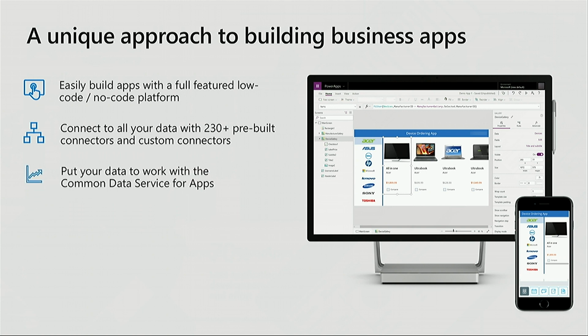Another core element is that we have the Common Data Service for apps. This underpins the entire platform. This is where Dynamics 365 natively stores all of its data. It's also where you can store your business data that you want to create or use as part of your custom business applications, or even an application that integrates natively with all your other Office applications as well. And the Common Data Service for apps is way more than just a database. It has a whole bunch of rich logic and capabilities inside of it. Things like plugins, which allow you to register code in response to events, as well as business rules, which is an easy visual way to create basic validation and defaulting. All that's packaged up in CDS for apps, and that's a major area of investment for us going forward.